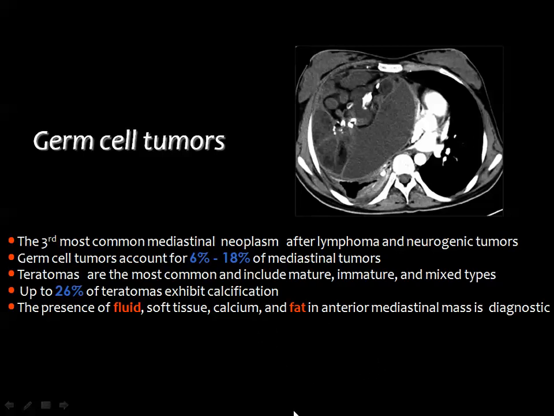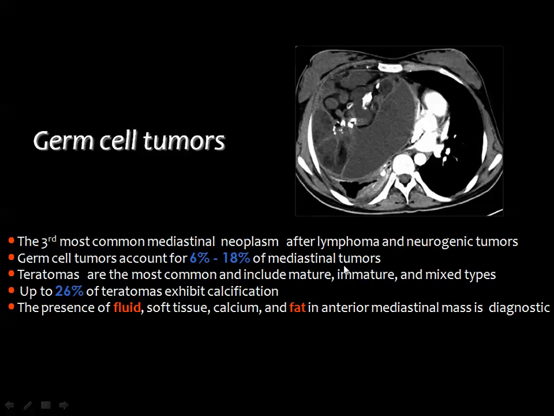And teratomas may be of the mature form, which is common, the immature form, and the mixed type. Up to 26% of teratomas contain calcium, and the most important finding for the diagnosis of teratoma is the presence